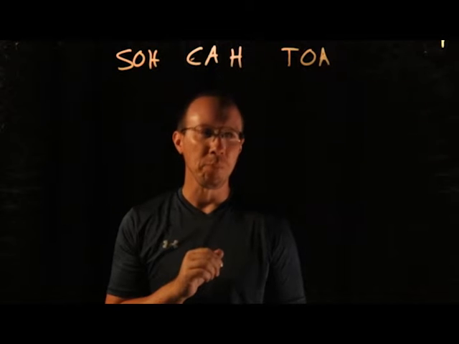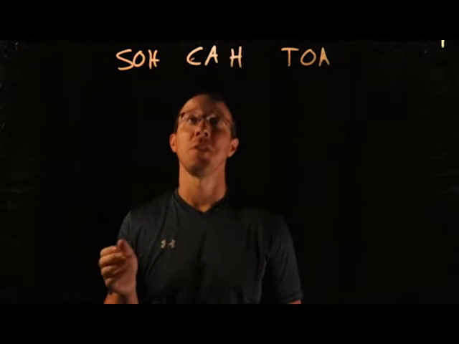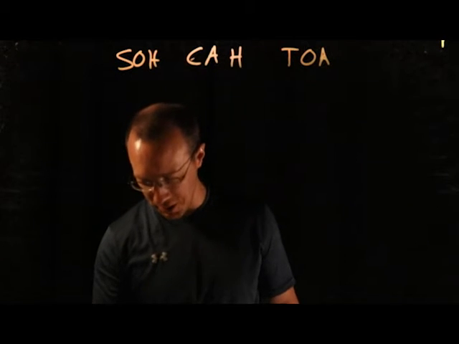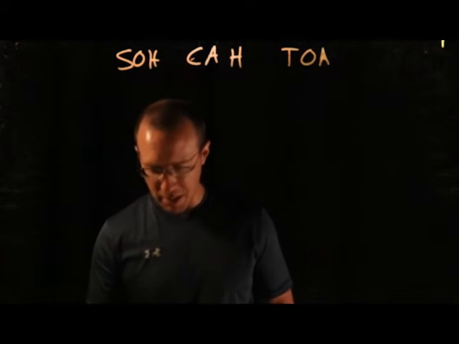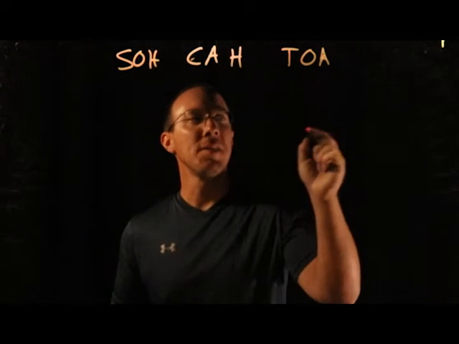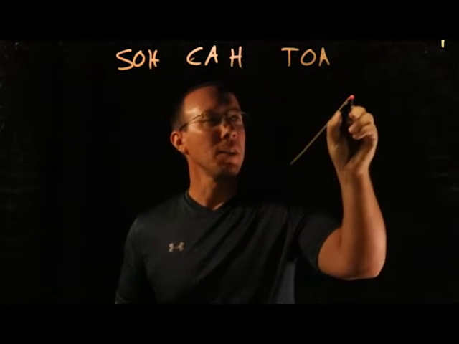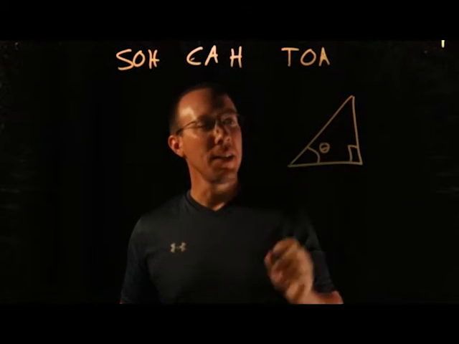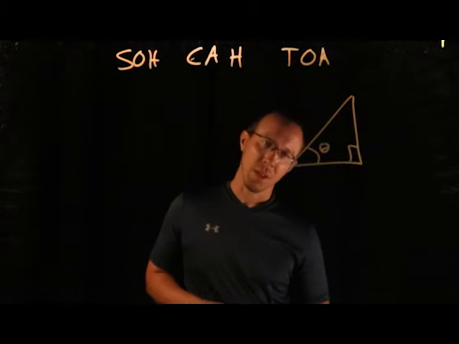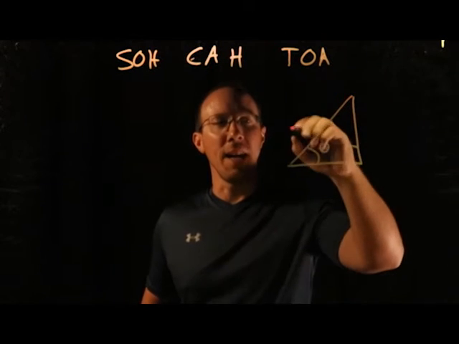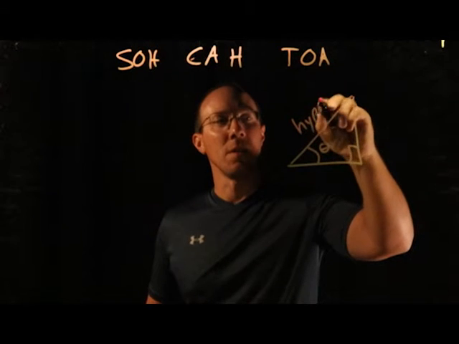But other people do. So Sohcahtoa is used for trig functions to help students remember how to solve angles and sides and all of that stuff. So let's say we have a triangle, okay? And this works with right triangles. Theta is our angle, okay? Theta is our angle. Our largest side is called the hypotenuse,